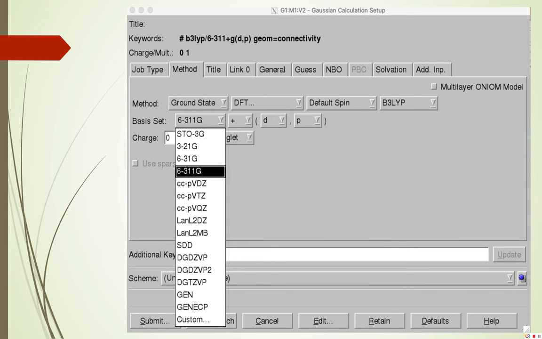So when I did the Gaussian calculation setup, what happened? Keywords with the LIP 6311 plus GDP, geometric connectivity, right? Charge multiplicity 0 1. Method ground state. I selected ground state, then DFT, I selected default spin with the LIP. Then basis set, you can choose 6311G. Maybe you can choose later STO3G, 321G. 321G, I already mentioned what is 2, what is 1. Like 2 GTO, 1 GTO, already mentioned. 631G or maybe